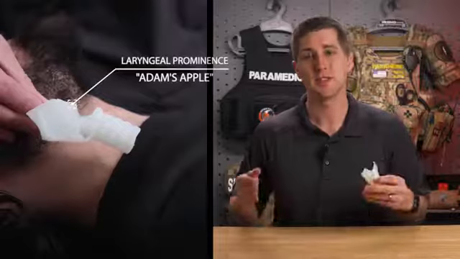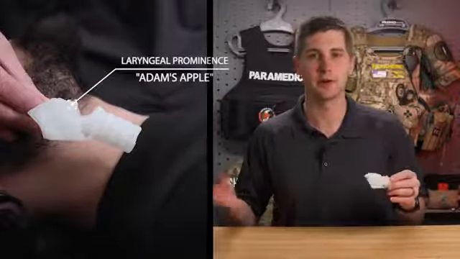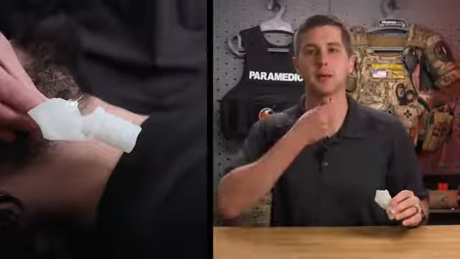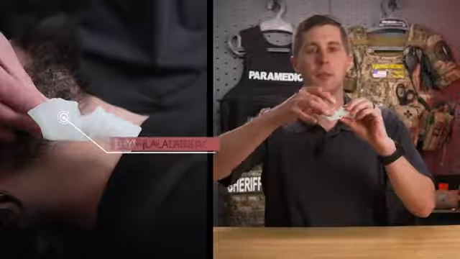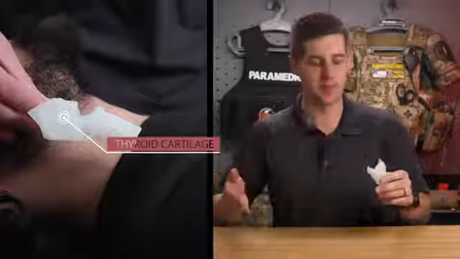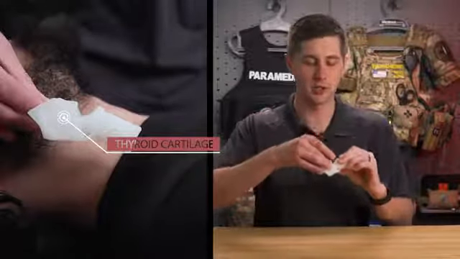To do this procedure, it is actually a lot easier to identify these landmarks on a male rather than a female because generally males have more prominent Adam's apples. As you come down here or right above that prominence, you will find the thyroid cartilage. That's either side of the Adam's apple, and that's going to be something you actually hold down to secure the